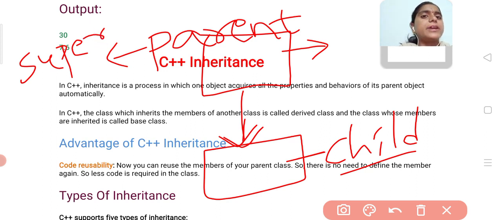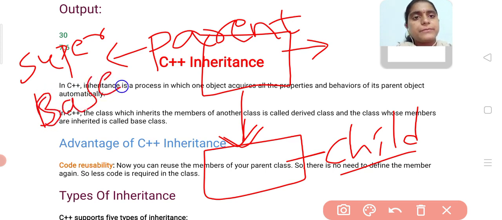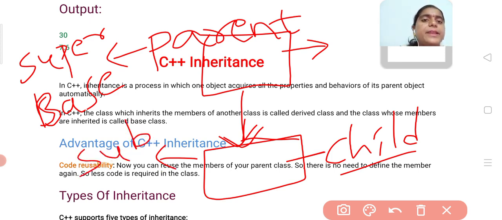We can also call the parent class a superclass or base class. And for the child class, we can also call it a subclass or derived class.